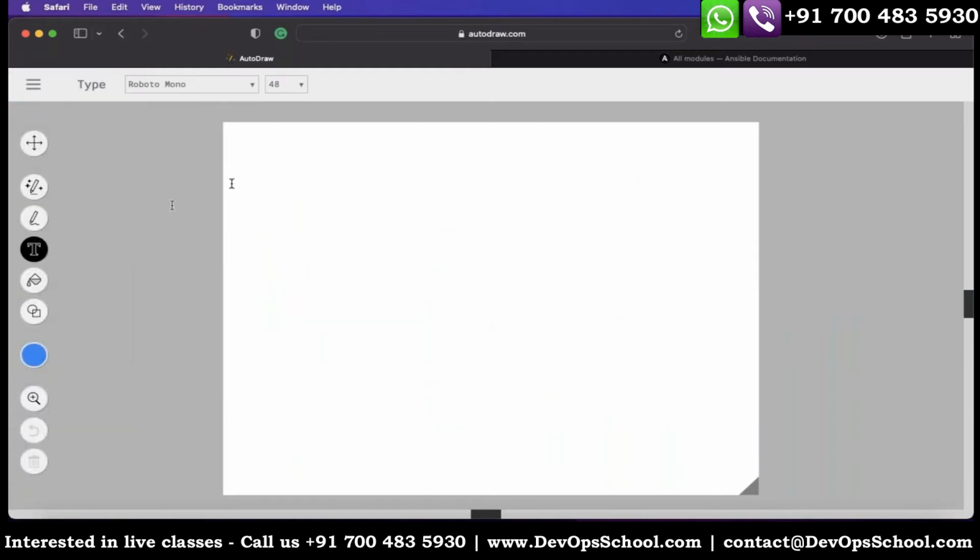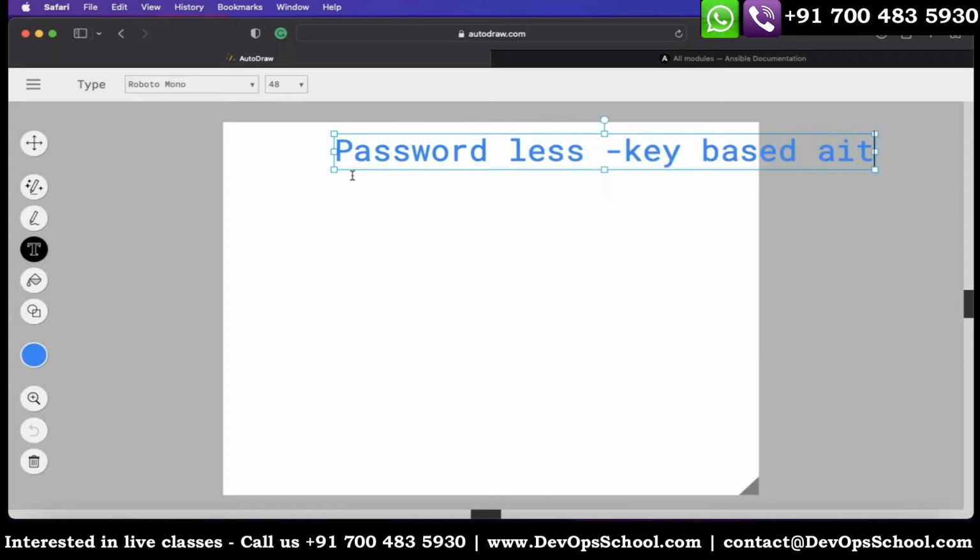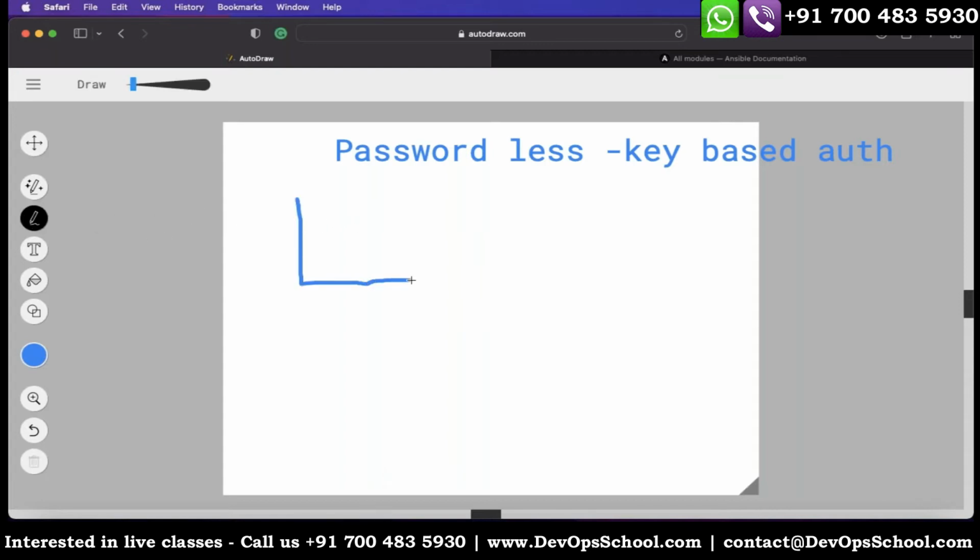Now let's discuss how this is going to work. This will cover how authentication happens in Ansible itself. So what happens in passwordless or key-based authentication? Let's say this is a master node or a controller node. You fire some command, and that command is nothing but your SSH